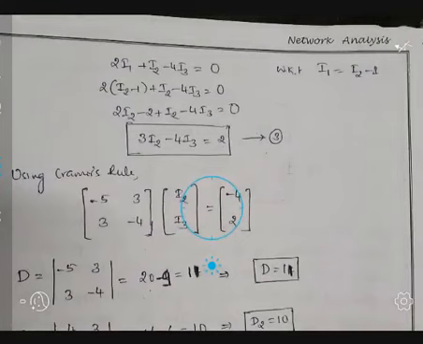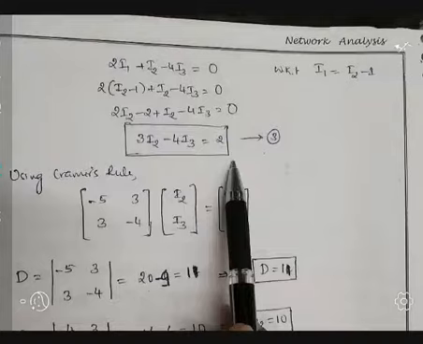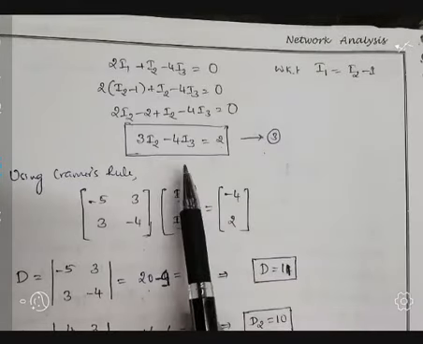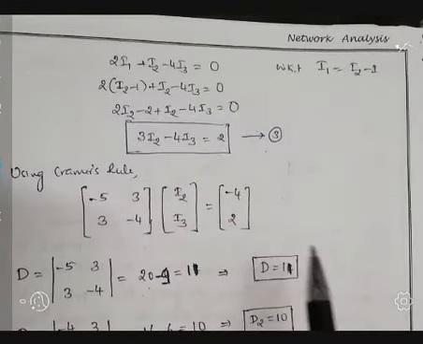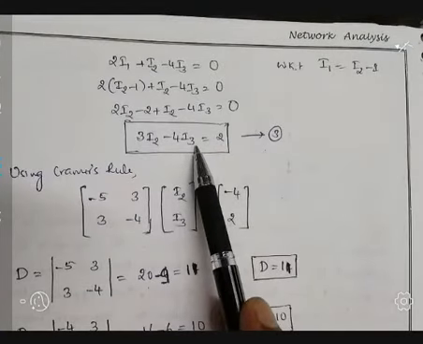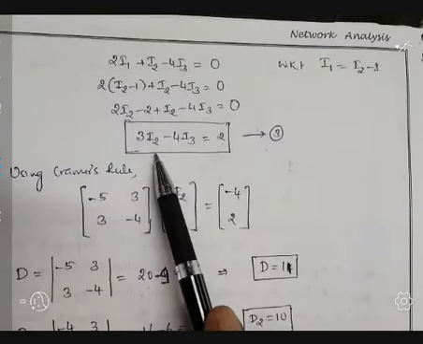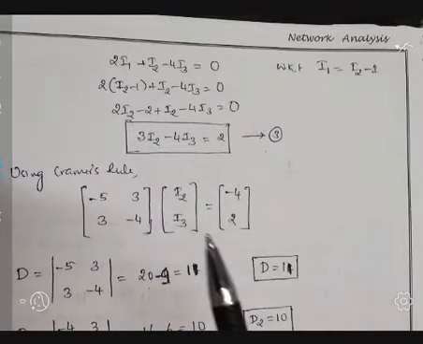Let us represent it as equation number 3. Okay. I1 equal to I2 minus 1 is there. So in equation 2 and equation 3, there are two unknowns, I2 and I3. So let us make use of calculator. Otherwise, let us make use of Cramer's rule. Find the value of I2 and I3. Then easily we can calculate the value of I1, because I1 equal to what? We express the current I1 in terms of I2 minus 1. If you know the value of I2, definitely we are going to get the value of I1.